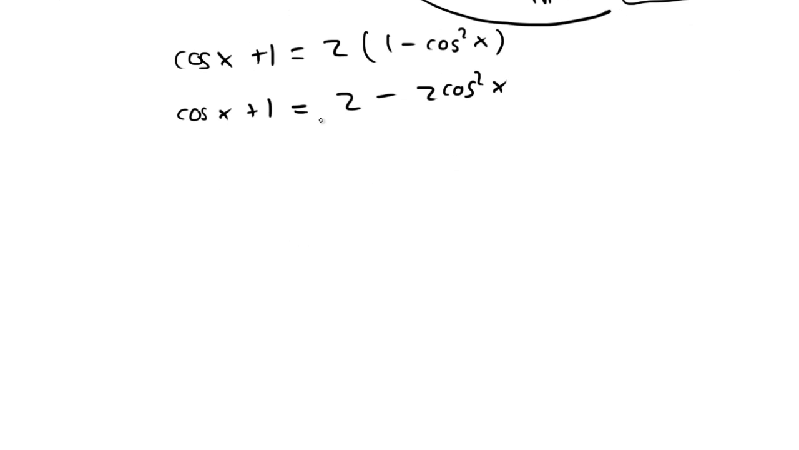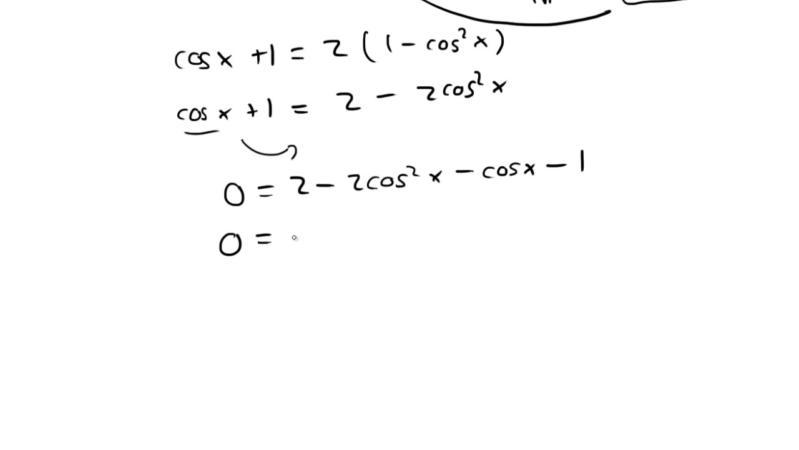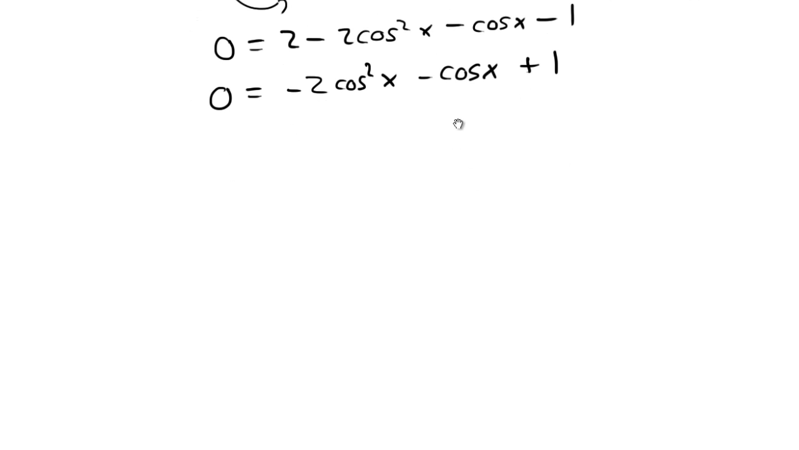Let's move everything over to the right hand side. So 0 is equal to 2 minus 2 cosine squared x minus cosine x, and minus 1. Let's collect like terms: minus 2 cosine squared x minus cosine of x plus 1. Now we have it in this kind of form,